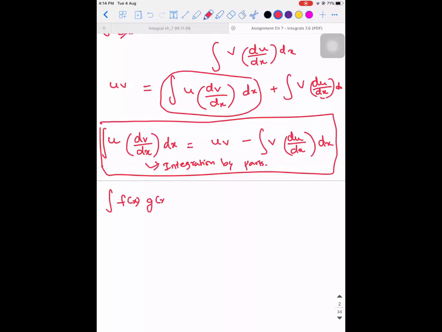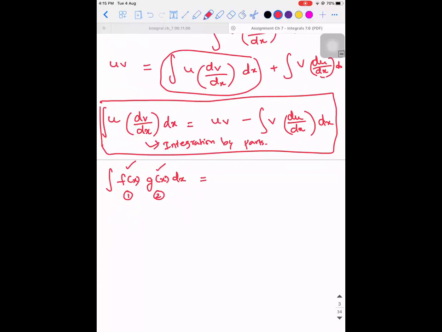Integral of f of x into g of x dx is equal to. How many functions do I have in my hand now? I have two functions. Let me take this as the first function and this as the second function. There is an important point I need to mention here: you have a priority list which decides which function is to be chosen as one and which as two. That I'll explain later, as the next part. So let's assume this is the first function and this is the second function based on the priority list. The answer for this will be equal to first function